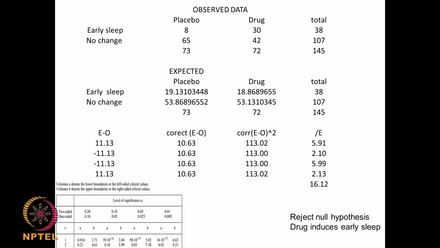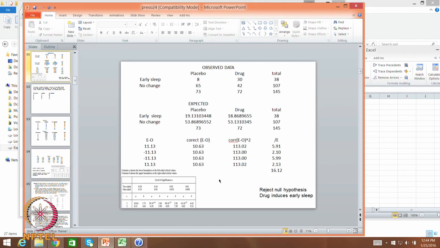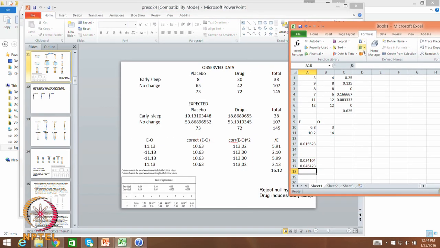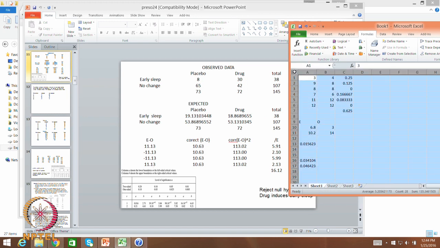The null hypothesis is there is no difference between the drug and the placebo, but I am rejecting the null hypothesis. So, I can say the drug induces early sleep. So, we can do this problem of course using your Excel, using your GraphPad also. So, if you go to Excel, what do we do? We take this 4 data set,